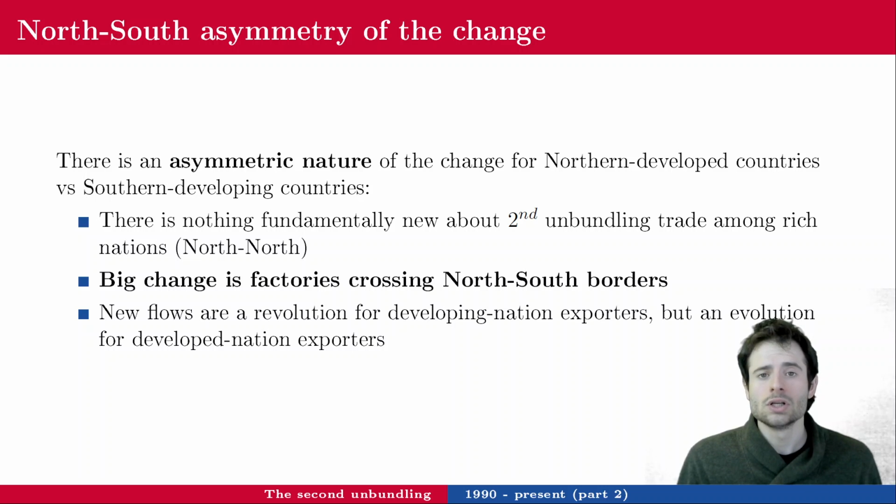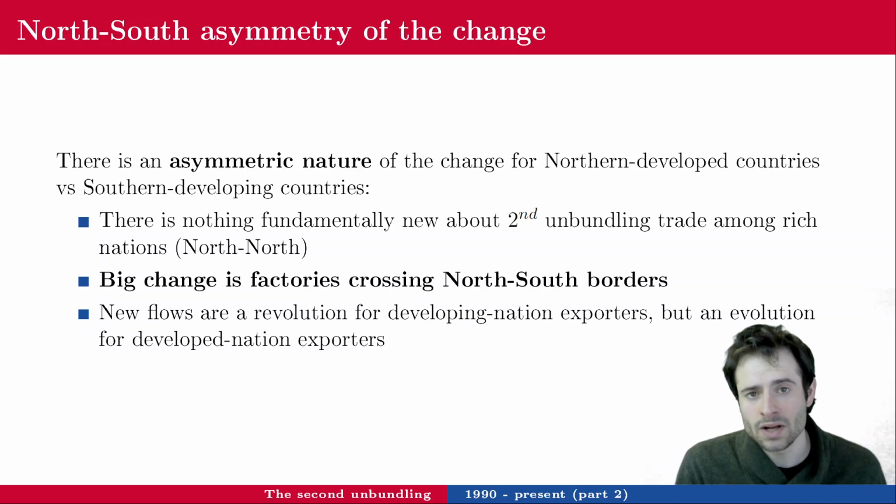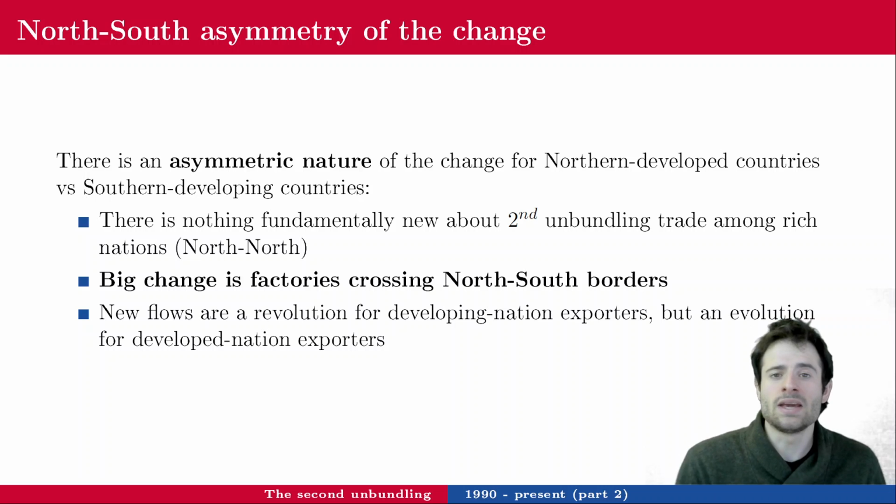For the South, they were buying those things before, and maybe not a lot of it because they were still developing. Now they're the ones making them. So this is a huge shift in the way developing nations should conduct trade policy and all the consequences of it. Investments in education, investments in infrastructure, changing the laws regarding trade policy, anti-competitiveness, intellectual property, making investments easier to flow, and so on.